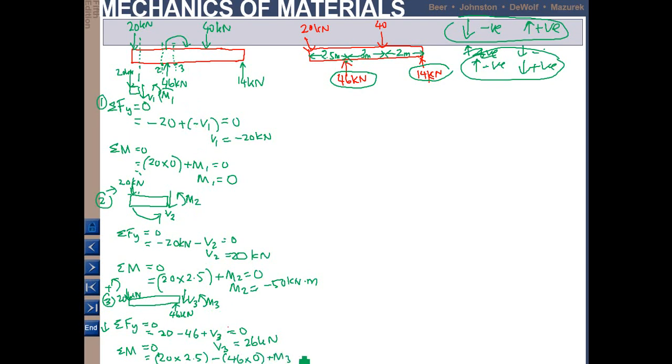So you get M3 is equal to minus 20 times 2.5 plus 0. So you get minus 50 kilonewton meter. Okay, and then point 4 is here. So at point 4,